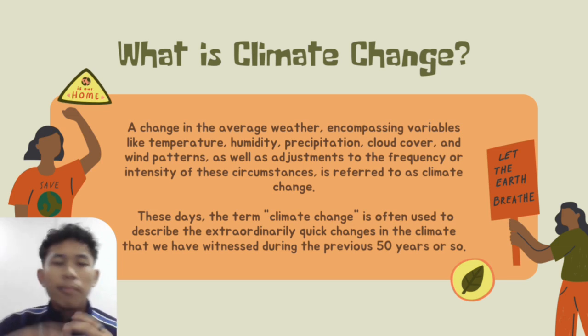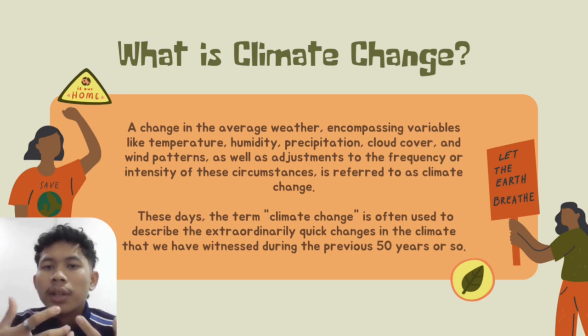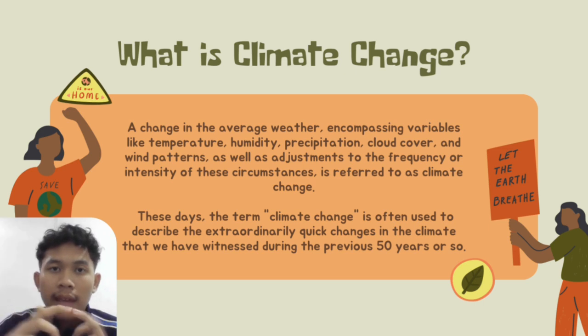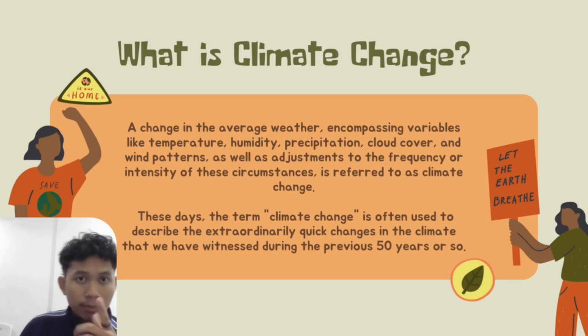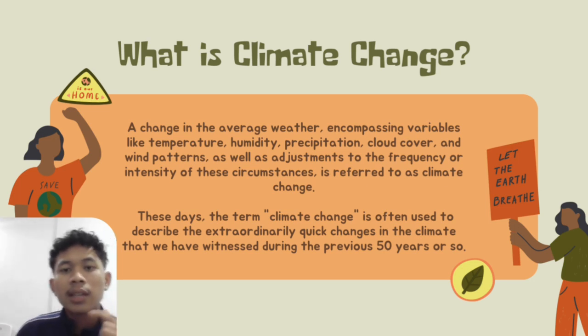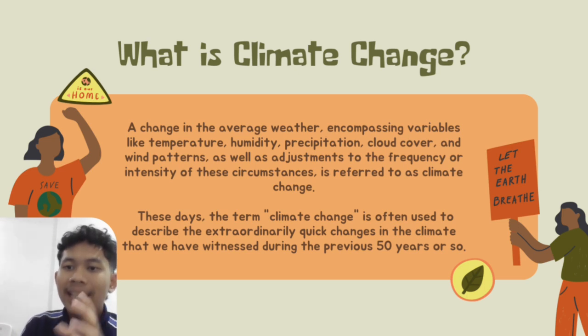But what is the main contributor to climate change? It's basically global warming. How does global warming work? Because we know the Earth atmosphere contains greenhouse gases, right? So the greenhouse gases are what cause global warming. Don't believe me? There's a study saying that the sun's rays shine on our planet and warm the surface of the Earth. Heat then radiates from the surface.